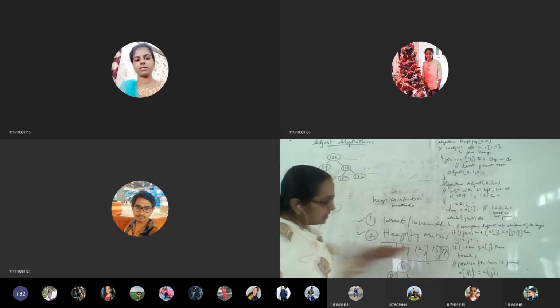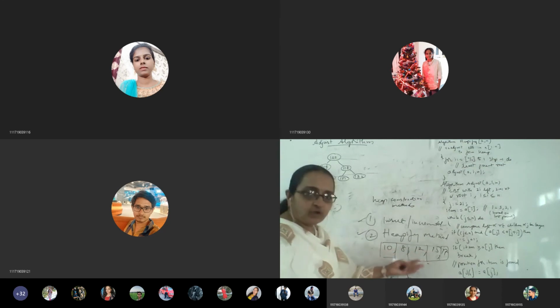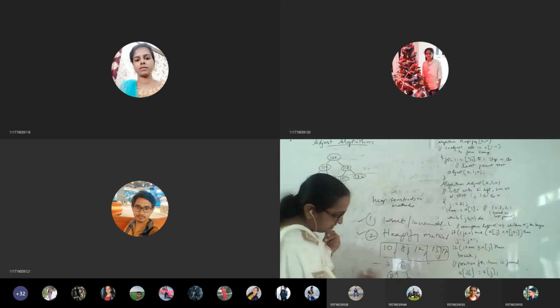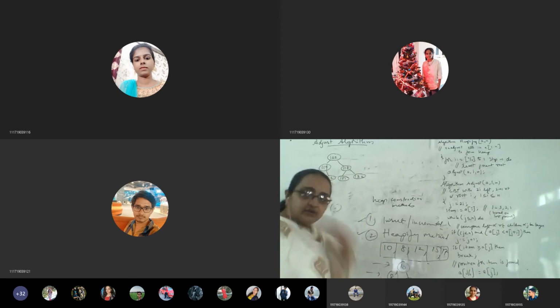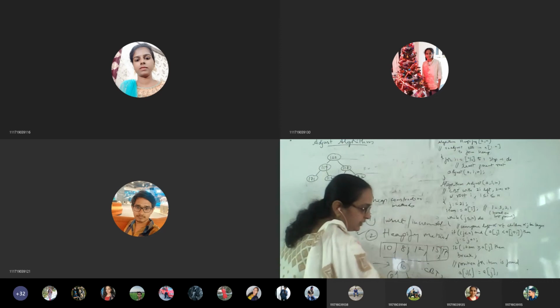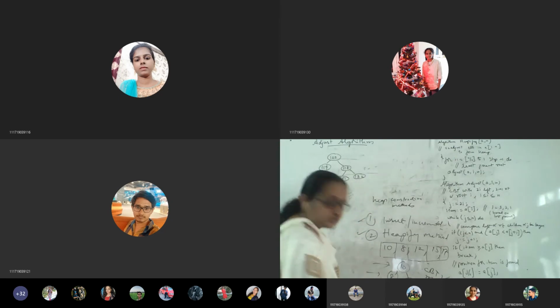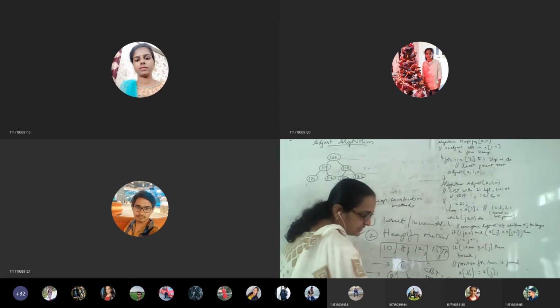Based on the sequence, using these elements we want to construct the heap. Those elements are directly inserted level-wise into the tree so that the complete binary tree property is satisfied, and it won't be a max heap. But in order to make it a max heap, we are going to use the adjust algorithm.